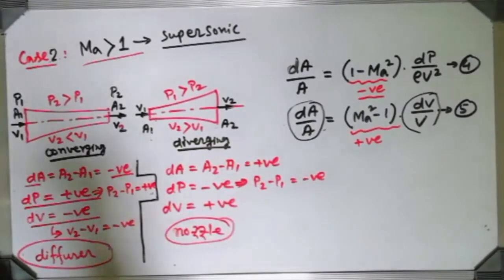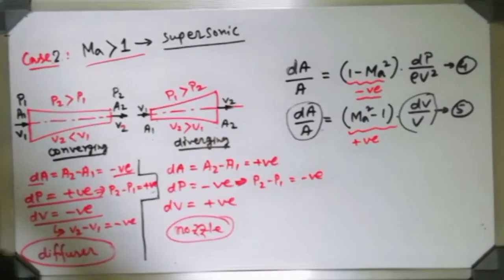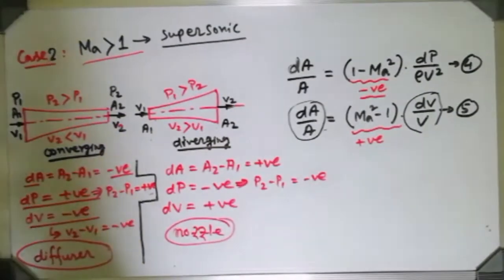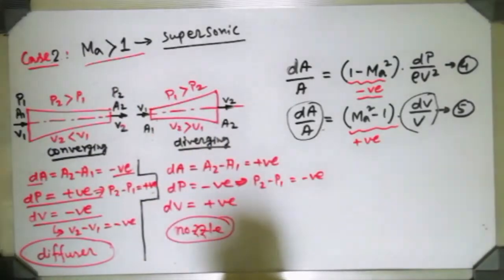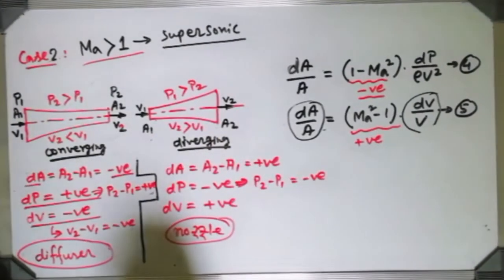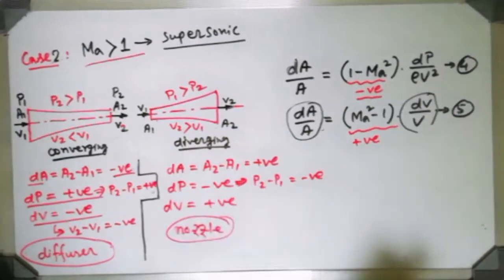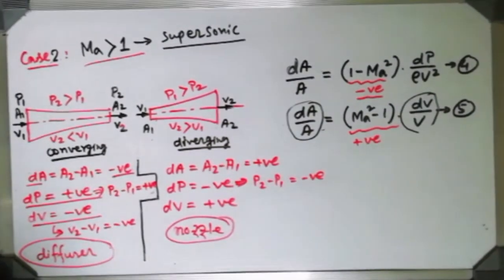That is the thing I am trying to clear over here, that the same cross section will work according to the supplied velocity of the fluid. If you send the fluid with supersonic speed or subsonic speed, that same section will act like a nozzle or a diffuser. Understood up to this limit or not?